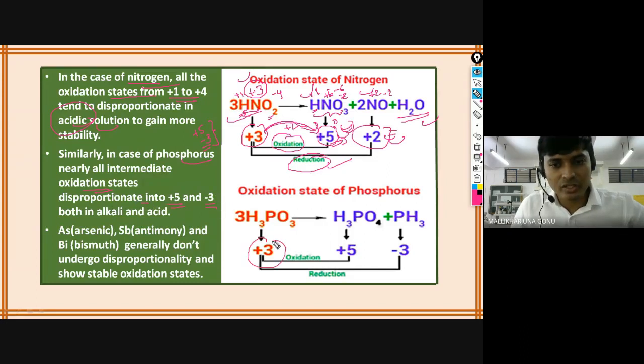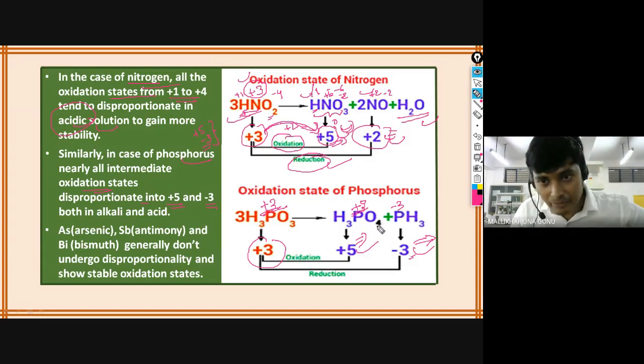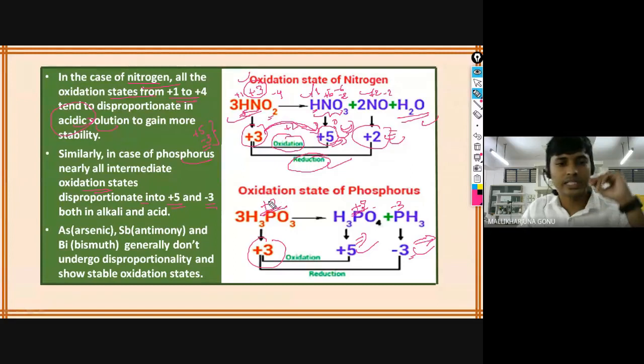So in the case of phosphorus also, you get whether it is +5 or -3. So that can get the octet by losing the 3 electrons, or by gaining the 3 electrons, or by losing the 5 electrons, that octet can be completed. So in the case of phosphorus here, this is +3 oxidation state. Here it is +5. The oxidation state of phosphorus is +5. Here it is -3 because 3 hydrogens, right? +3. So -3. The same case here, phosphorus O4. O4 means you can calculate how the +5 is coming here, +2. Now you are very familiar with the oxidation numbers.